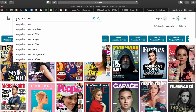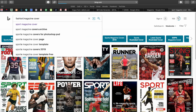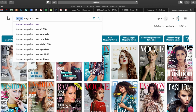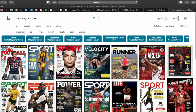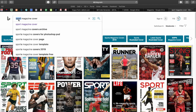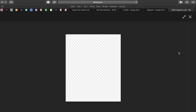let's just have a look at Sport Magazine. You'll see all the different types of sport magazines. If you're looking for fashion, you can go Fashion Magazine. Once you pinpoint the type of magazine you're after, maybe you looked at some fashion magazines and then wanted to see all the Cosmopolitan magazines, or maybe you were looking at sport magazines and then decided, okay, I really want to see the Sports Illustrated or ESPN magazine covers. Then you can focus in on the actual magazine cover for you and then try and mimic that style of